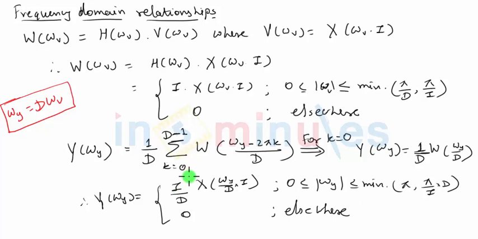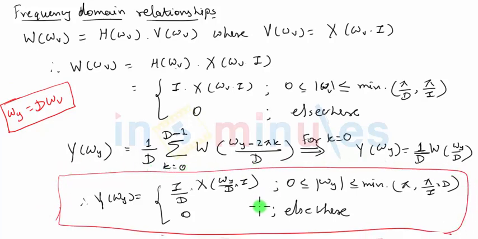And see, the reason we have taken the frequency spectrum of the filter as capital I and not 1 is just to have the dependence of the whole expression on I also. 1 by d is going to appear here from the decimation process. We wanted I also to be there, and that's the reason we had taken the frequency response of the filter as I and not 1, so that it looks uniform. We have I by d outside, and it is X of omega y I by d again. So that's the final expression of output Y in the form of input X.